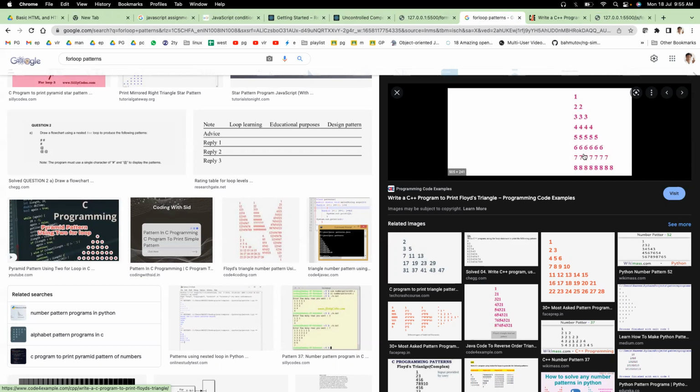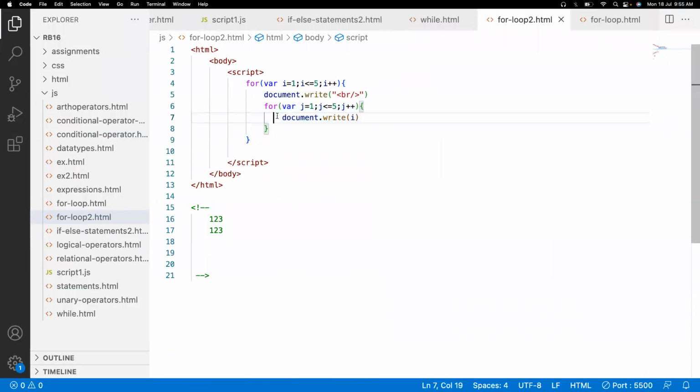You have to think. So the first time it should print only one value. Second time it should print 2, but only 2 values. Third time it should print only 3 values. So you have to understand, this particular for loop is able to repeat the content for 5 times. Why? The j value is repeating up to 5 times. So if I repeat only up to i times,